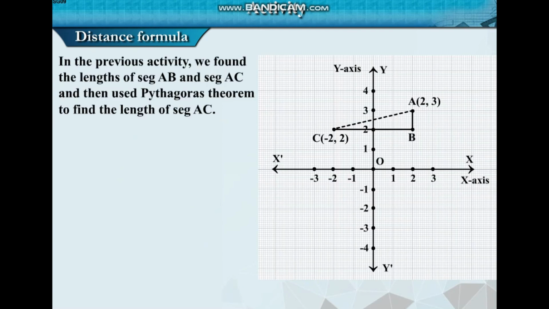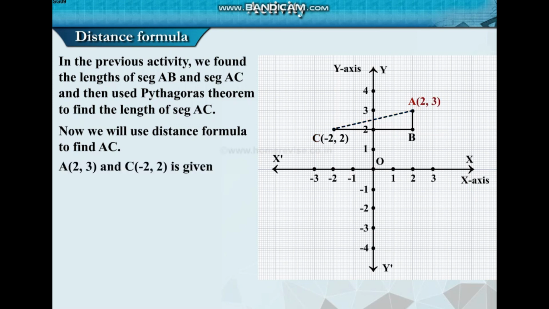Distance formula. In the previous activity, we found the lengths of segment AB and segment BC and then used Pythagoras theorem to find the length of segment AC. Now, we will use the distance formula to find AC. A(2, 3) and C(-2, 2) are given. Let A(x1, y1) and